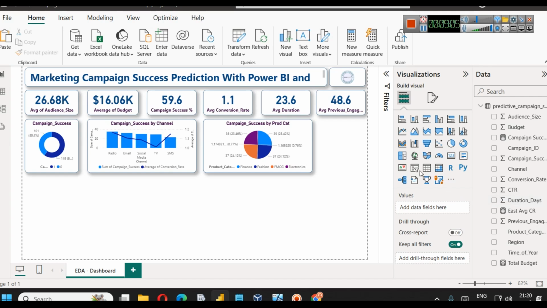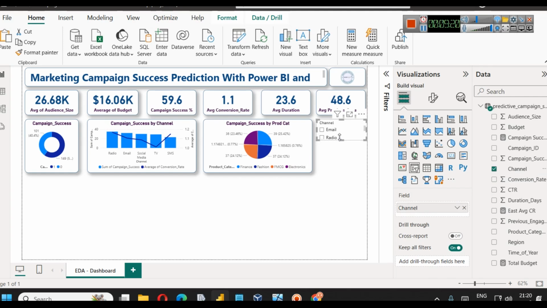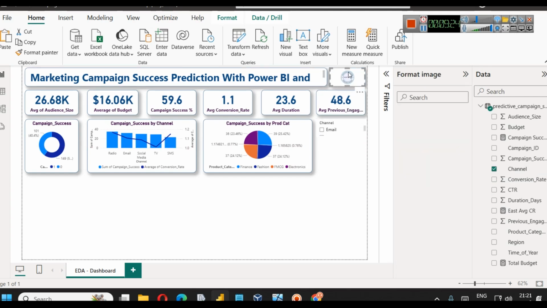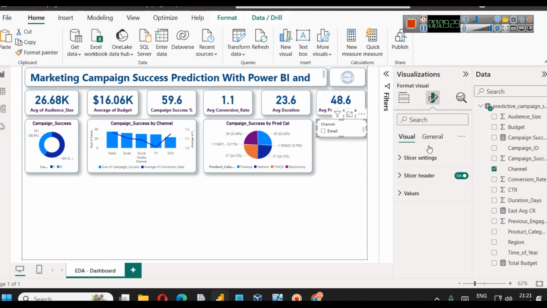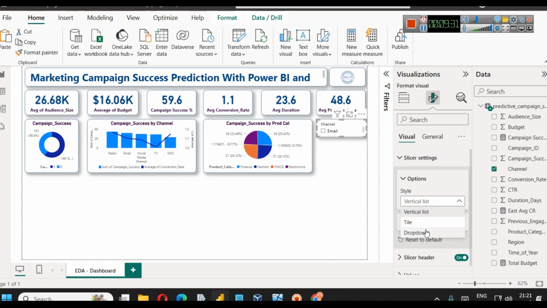Next, I will simply use this space for a slicer. Slicer is basically something that will help us in creating filters. So we will bring channel as a filter here. So like we have these different channels. First thing, I will copy the styling from here and apply it to the slicer. In slicer setting, I will select a drop down list, and